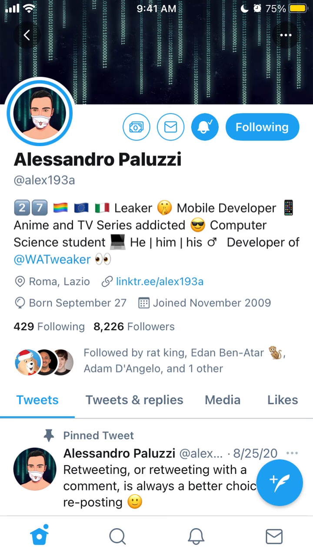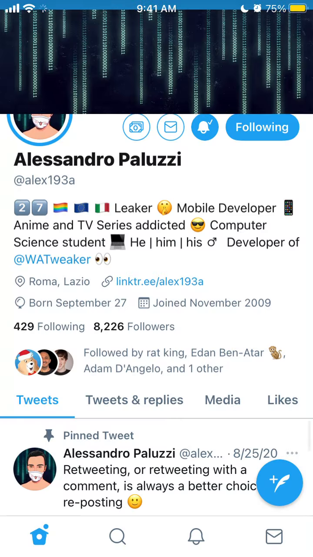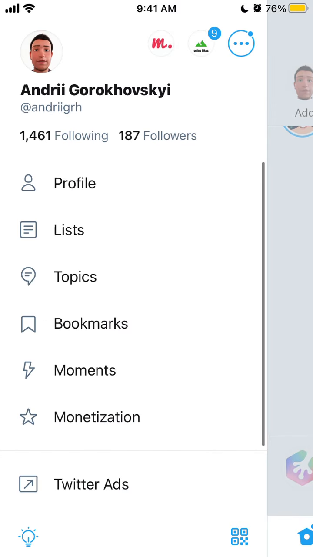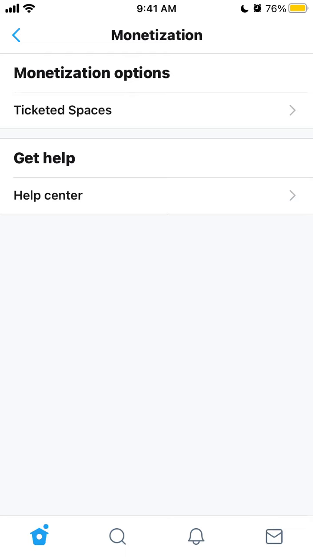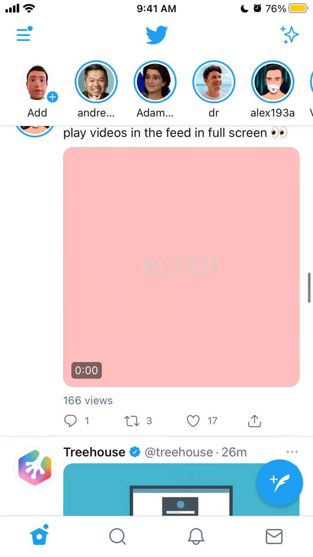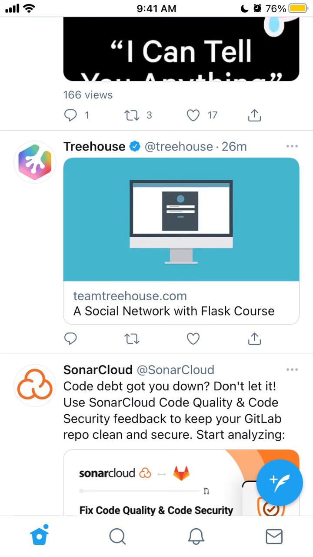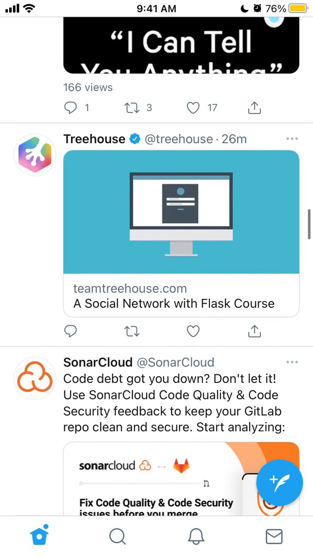Basically, just a quick overview. This feature is called tip jar. So you can check if you have that by going to your profile monetization, and then if you have that, it should be somewhere here in monetization. You have ticketed spaces, there are also super follows, and there is also tip jar, but it's a beta feature as I understand, so it's not available for everyone yet. Hopefully it will be available